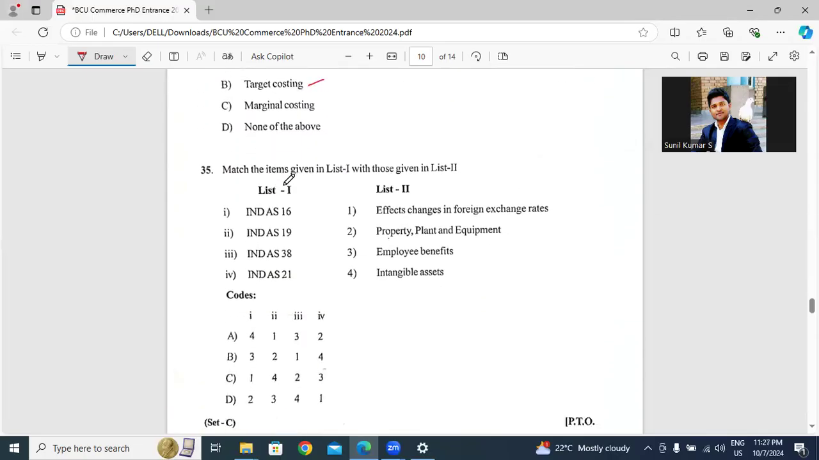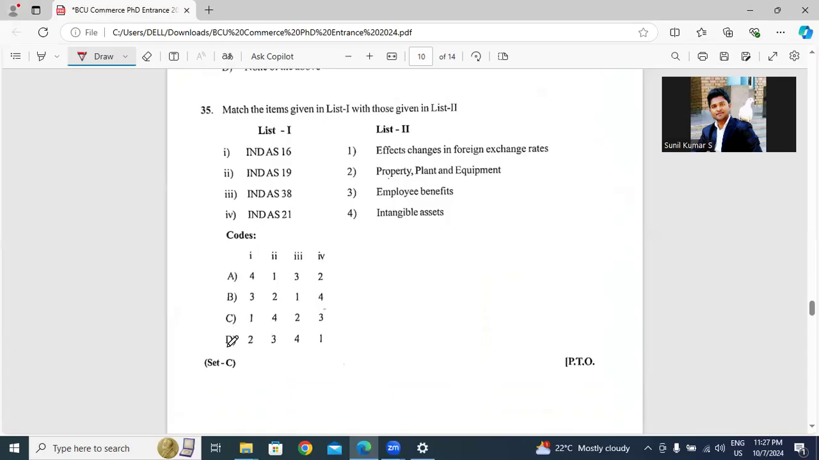Match the items given in list 1 with those given in list 2. It's all about Indian accounting standards, to converge the Indian accounting standards. So accounting standards 16, 19, 38, and 21. Actually, 19 is nothing but employee benefits. That's why we can select option D